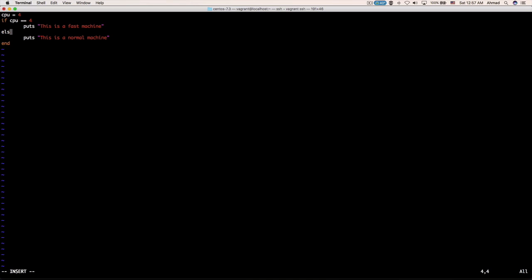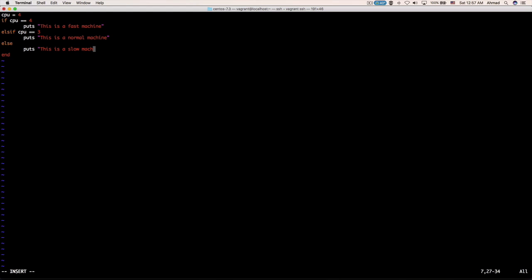So in this case, I'm going to use the keyword elsif. And notice here that elsif is missing the e after the els. Some people get confused because in other programming languages, else if is written either as this or as this. But in Ruby, it is just written as this, els followed by if. So elsif, and I add the condition CPU, for example, is 3. I'm going to print "this is a normal machine." And finally, the catch-all statement, the statement that will get executed if the CPU is neither 3 nor 4, puts this